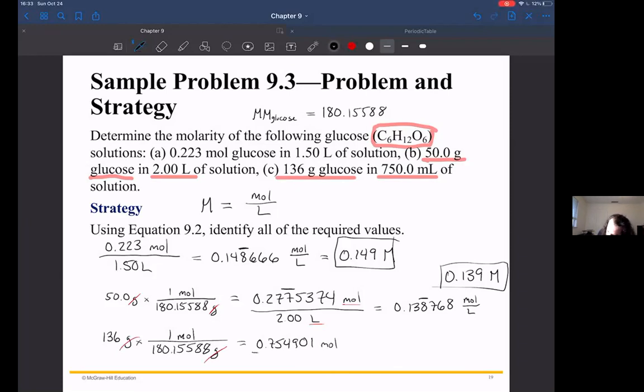And now I want to divide this by the volume, but first thing I'm going to have to do is convert from 750.0 milliliters to liters. And remember, the way that I would do that is using that constants page. I kind of just know it off the top of my head, but we have 1,000 milliliters is 1 liter. So I could actually punch that all into my calculator as it is, as long as I make sure to put that part on the bottom in parentheses, and I would get 1.00653 moles,